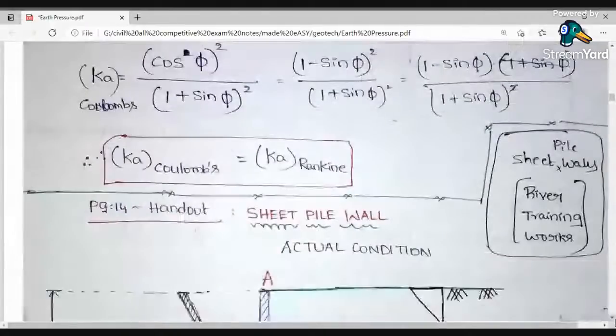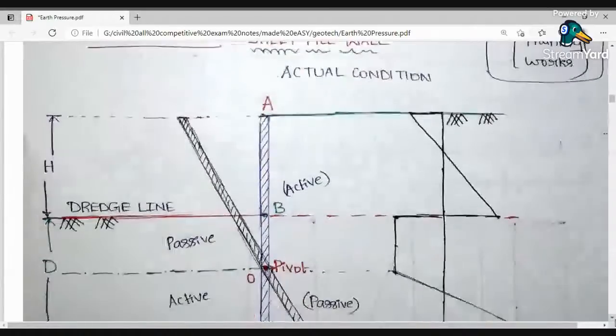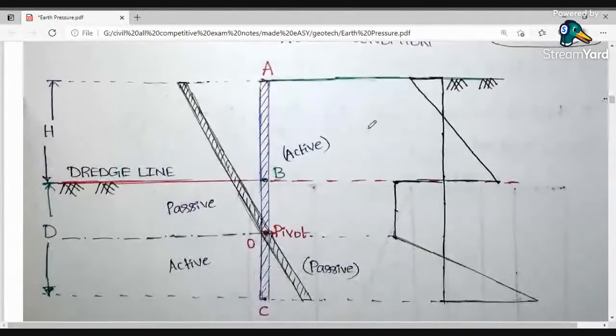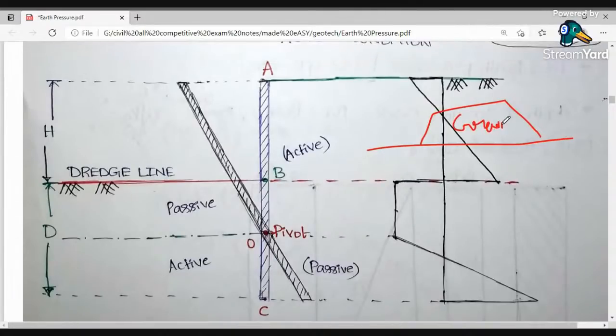Then we will go for sheet pile walls in the next part. Sheet pile walls or sheet piles are basically piles which are generally provided at the base of a gravity dam. Suppose we have one gravity dam. Suppose in the gravity dam we have some piping failure. Piping failure means suppose